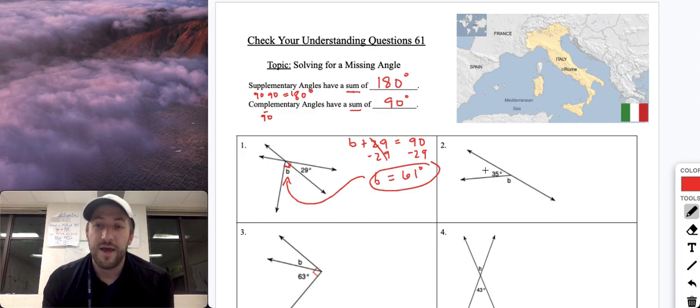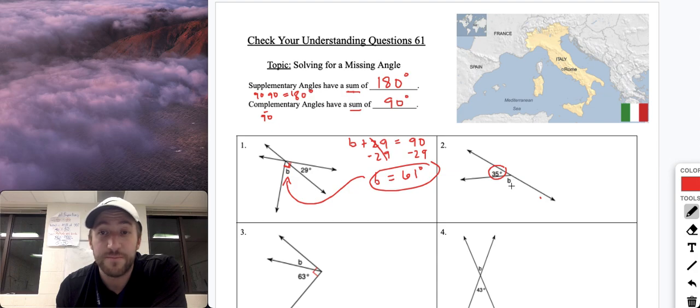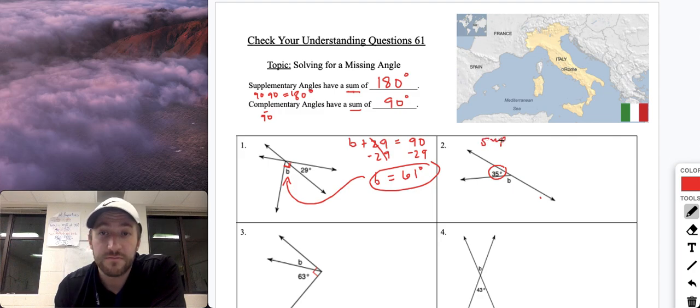Let's look at the next one. Now this is a straight line. We have this straight line going down here, all right? And it looks like we've split that line into two different angles. One is 35, and one is B right here. We're looking for that missing angle B. So these are supplementary angles because we have that straight line, and these two angles should add up to give